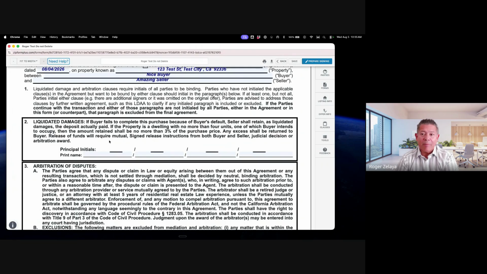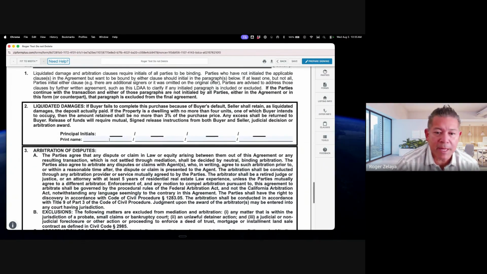So let's talk about this real quick. $1 million. So the actual deposit is 10,000, right? Which means that the seller can only keep the 10,000. They cannot keep 3%. Okay. And then the difference